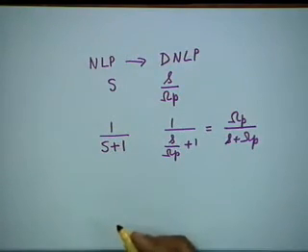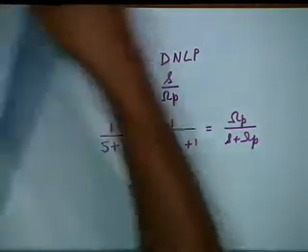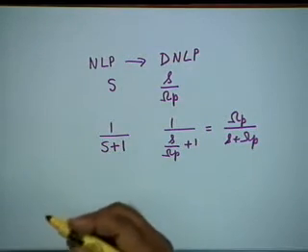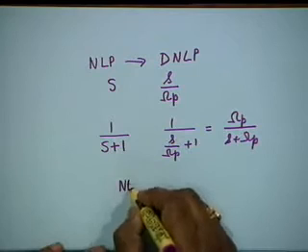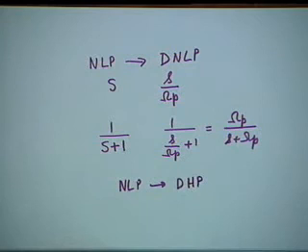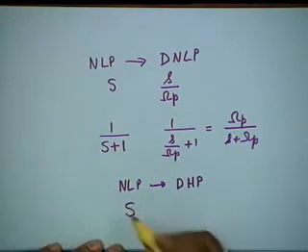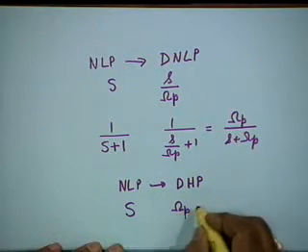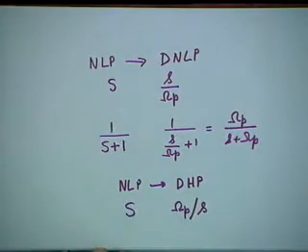For example, let's consider from low pass, normalized low pass to denormalized high pass, NLP to denormalized HP. Then capital S has to be replaced by omega p divided by S. This is the transformation. What is the justification of this transformation? You can see capital S equal to omega p divided by S.